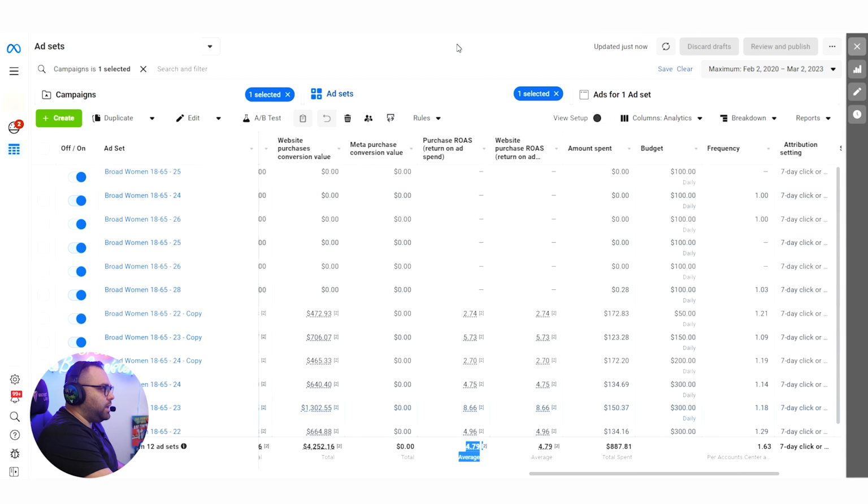because my ultimate goal is not to get 4.79. If I'm on 3 ROAS or 2.5 ROAS with more volume, it's good. So I'm going to do 28, and if this is going to work, I'm going to go to 31, 32, 33. See what kind of results I'm going to get there.